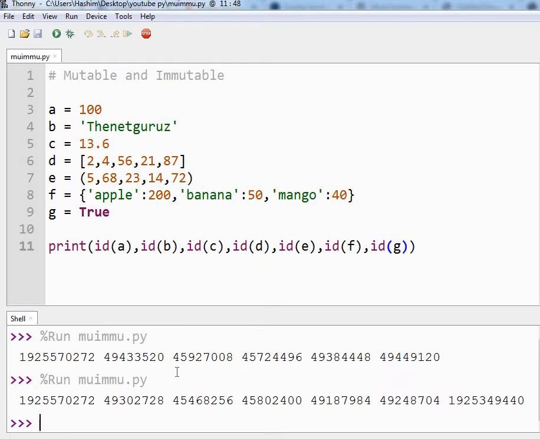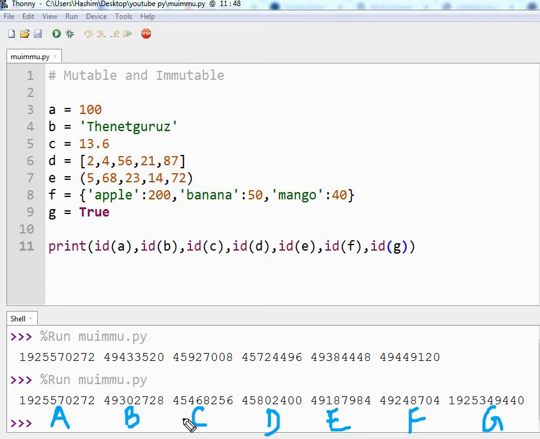Now we are getting all 7 IDs of our 7 variables. This is for our variable A, this is for B, this is for C, this is for D, this is for E, this is for F, and this is for the G variable.